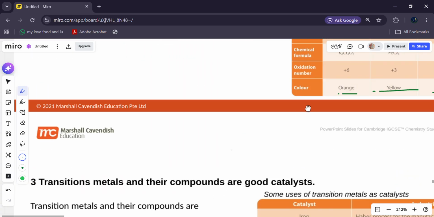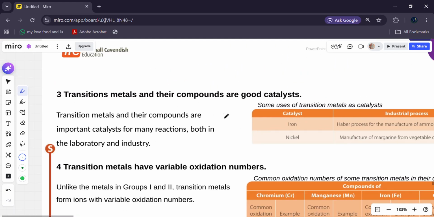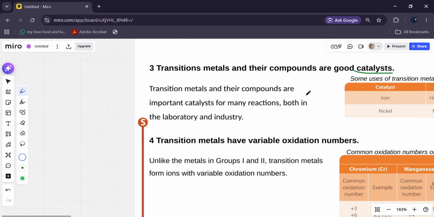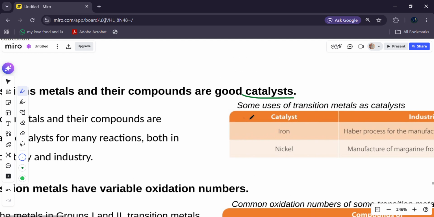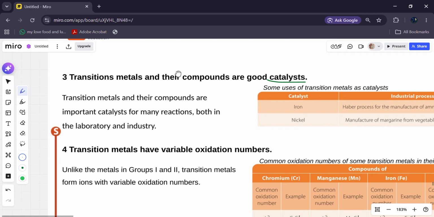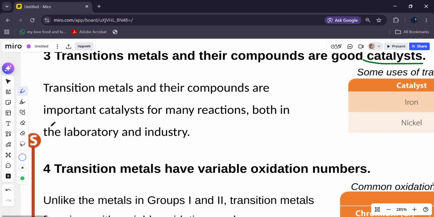So now let's move on to 3. Transition metals and their compounds are good catalysts. A catalyst is a substance that speeds up a reaction without being affected by the reaction. That means they don't get reacted or used up when reacting, and they speed up the reaction. Transition metals and their compounds are important catalysts for many reactions, both in the laboratory and industry, such